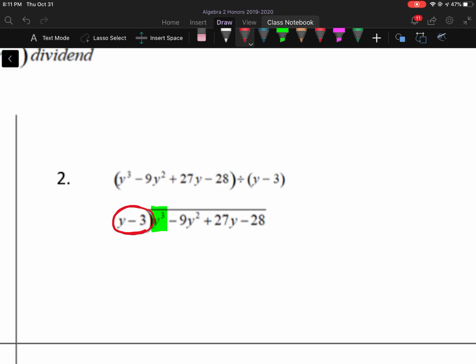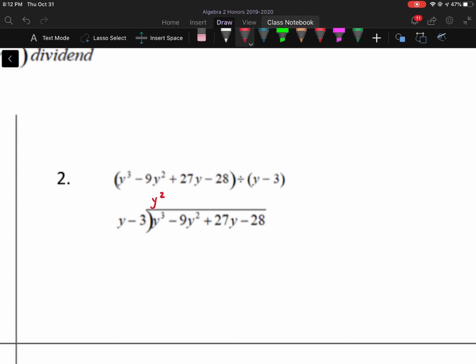Let's think about the first two terms. If we think about y to the third minus 9y squared, if I take this thing, y minus 3, and we multiply that whole thing by y squared,